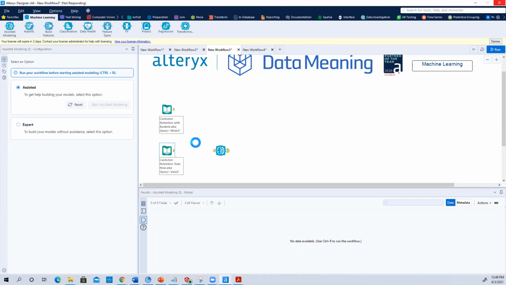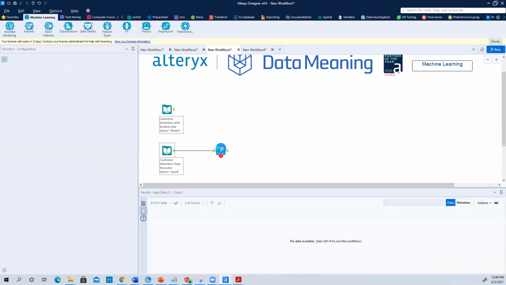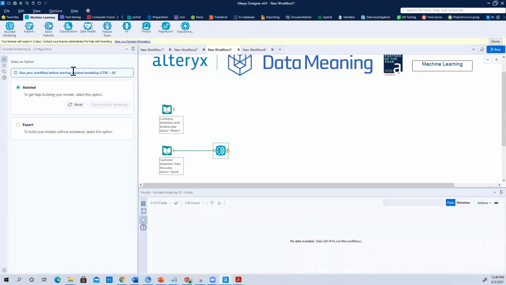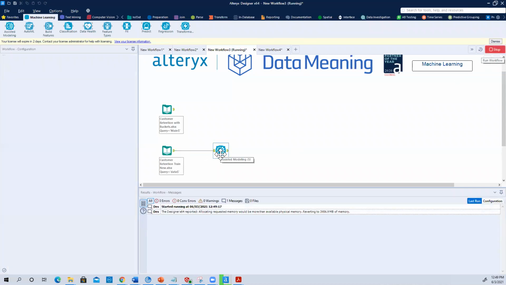And when it comes back, I'm going to connect those two together. All right. Now, when you connect them together, the first thing that the assisted modeling tool is going to tell you is you need to run the workflow so it can read all the columns and the data that are in here. So we run the workflow. It then knows the columns,